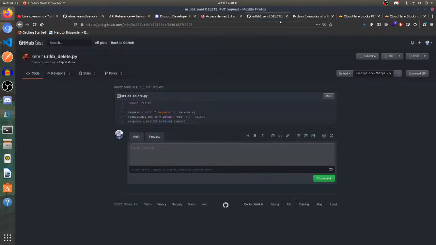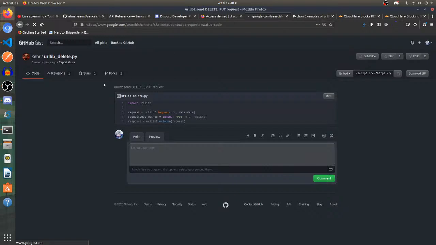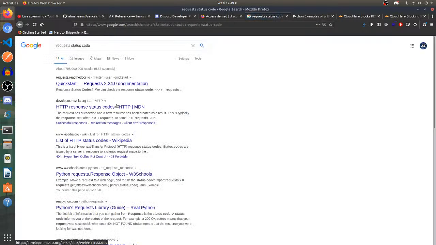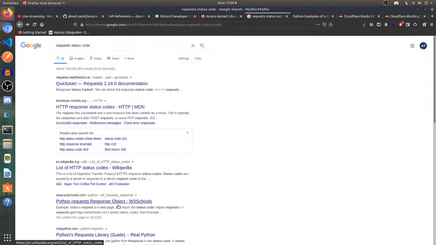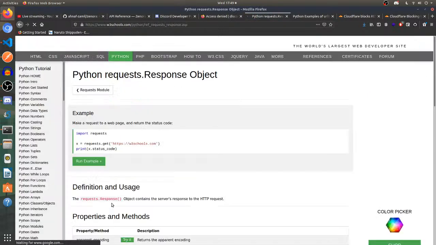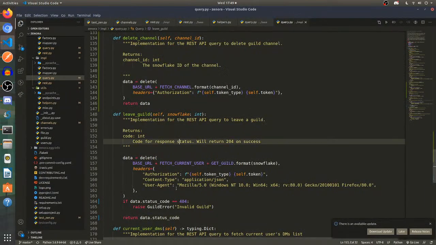Let's do requests data status code. Oh, sorry, I need to actually use this. Python requests response dot status. Okay, so we have the response dot status code for leave guild.